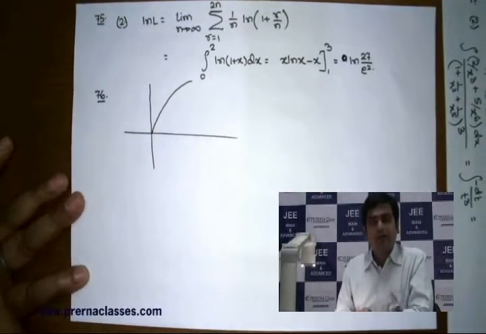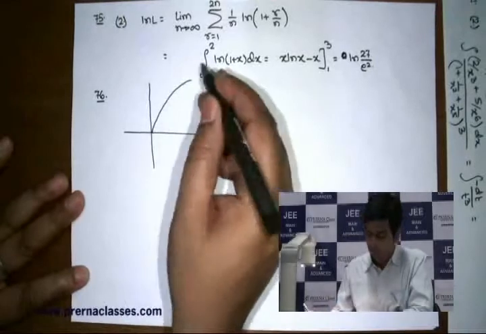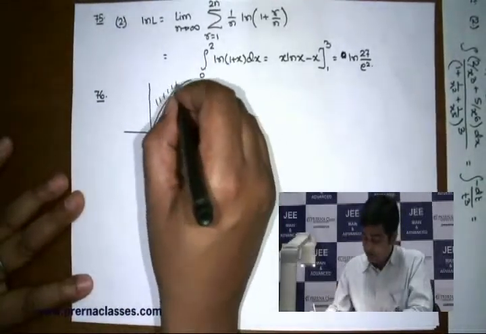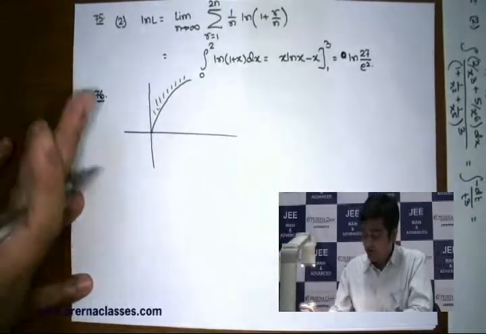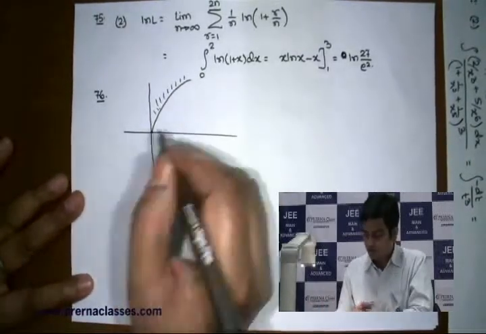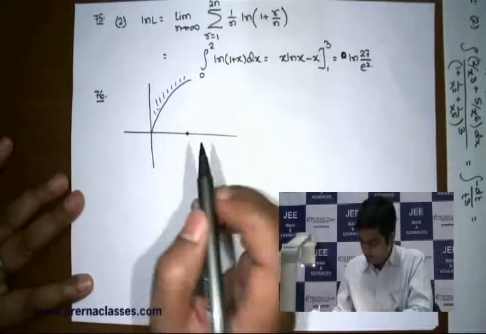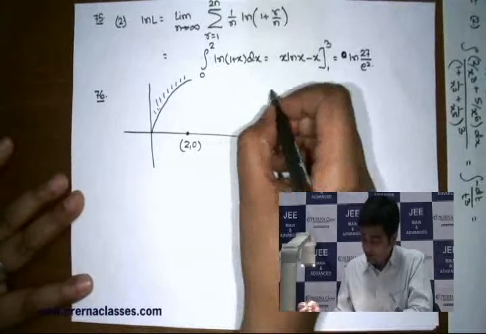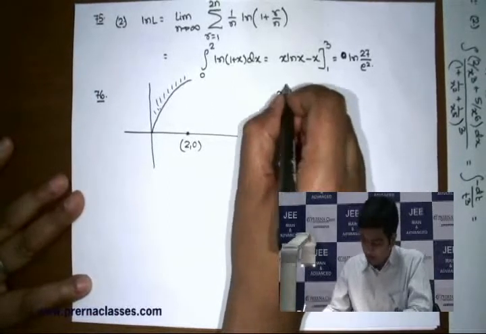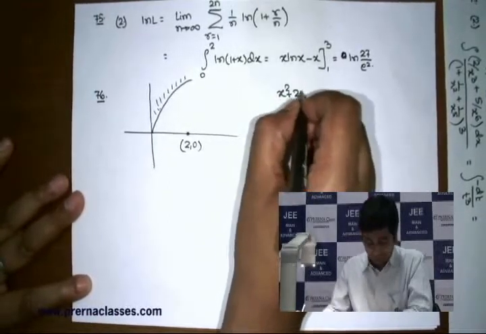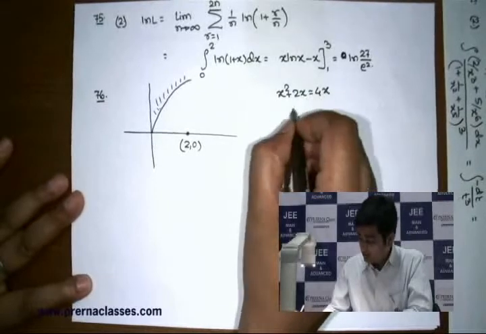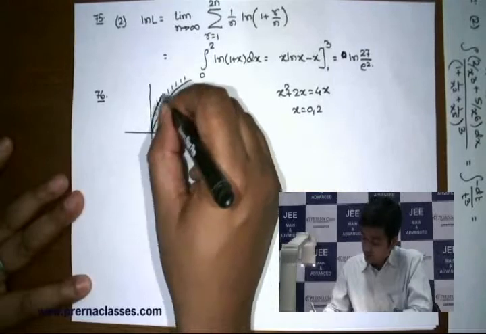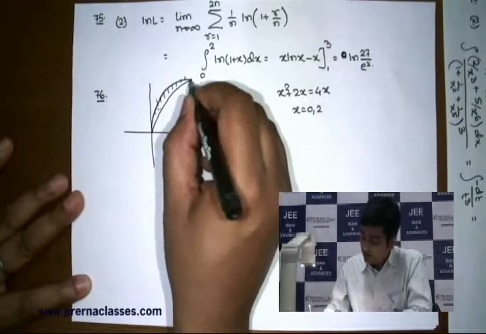Since we are dealing with area only in the first quadrant, I am taking only that half of the parabola. As far as the inequality goes, that inequality suggests that we need to deal with the region outside the parabola, and the circle which is given to you having center at (2, 0) and radius 2. After solving that circle with the parabola, you can check x equal to 0 and 2 are the solutions. So this is how that diagram is going to look like.